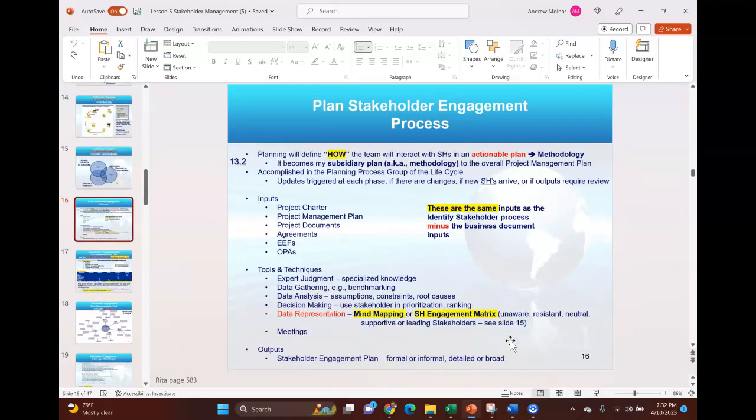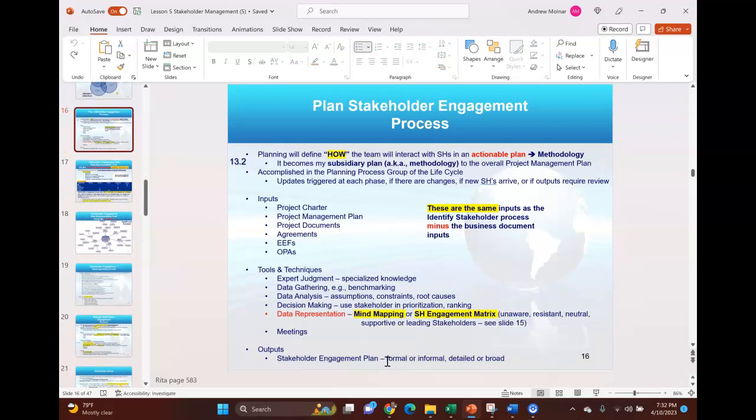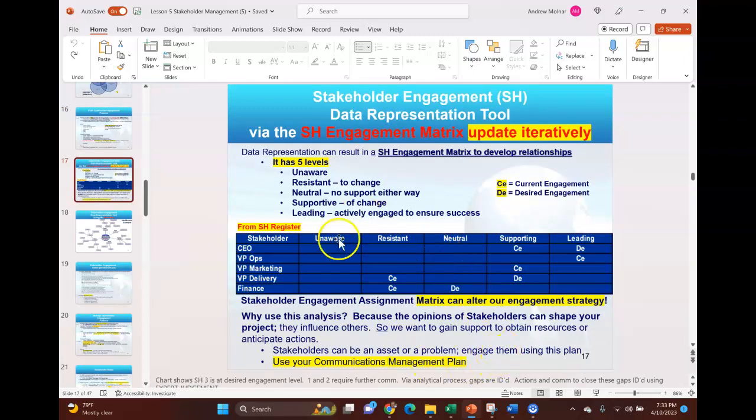So then, of course, we're going to plan stakeholders. Again, don't worry too much about the inputs, tools and techniques, and outputs. But notice this output: I do have an engagement plan. I have a plan to engage the stakeholders and to measure their performance. In the current version of the PMBOK Guide, we'll call it the stakeholder performance domain, right? And once I'm there, I'm going to tailor the performance domain, which is referencing the stakeholders along the way. So if I did have stakeholders listed, what would an engagement plan look like?